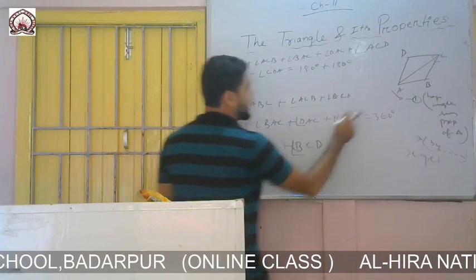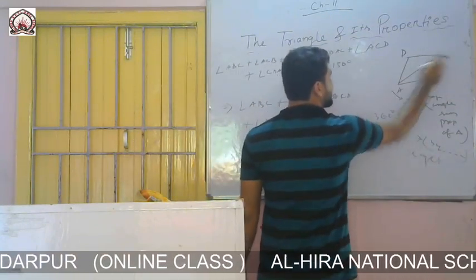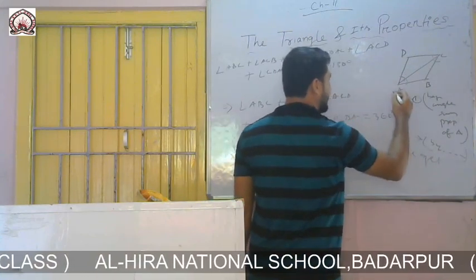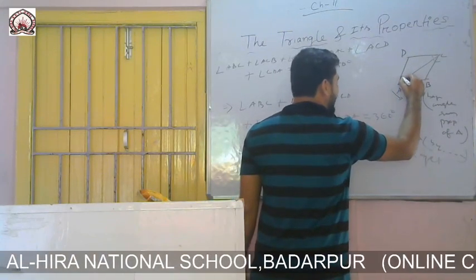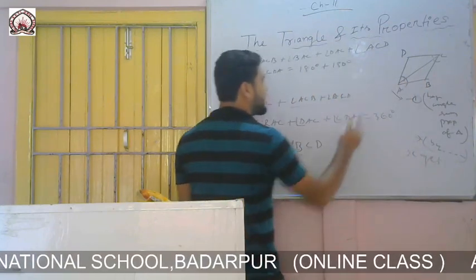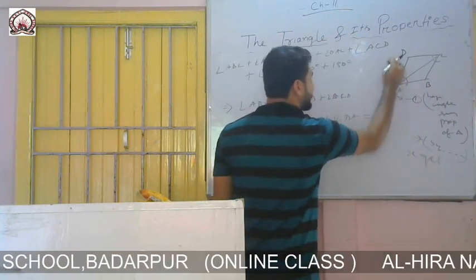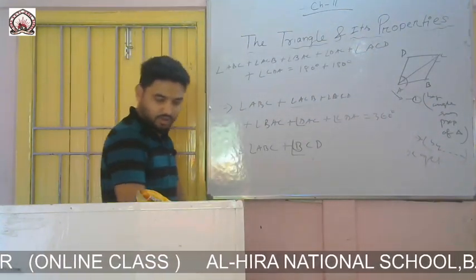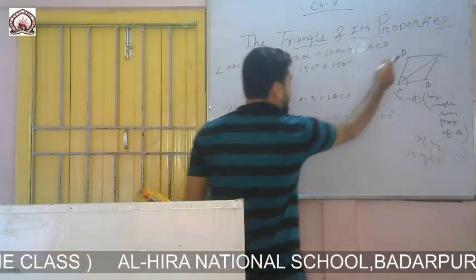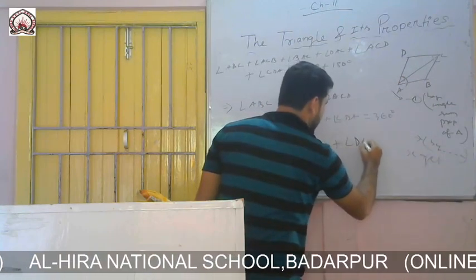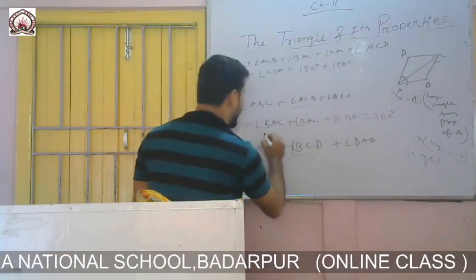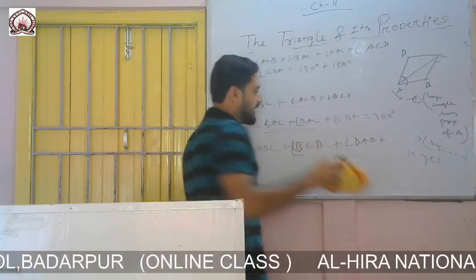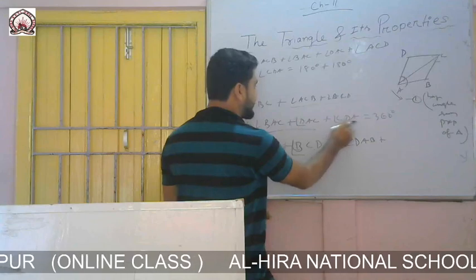and for this I can write BAC plus DAC. BAC means this angle plus DAC means this angle. So I got the full angle of A. So in place of that I can write BAD or DAB, anything you can write. So DAB, in place of that one I have written, and last remains angle CDA, and